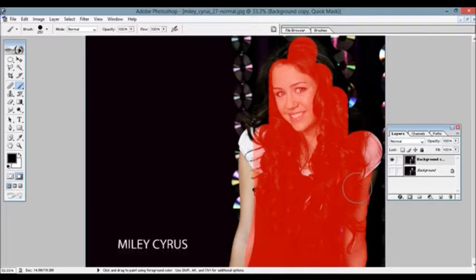If you can't see the edges, you can just zoom in and then select. Selecting the hair.